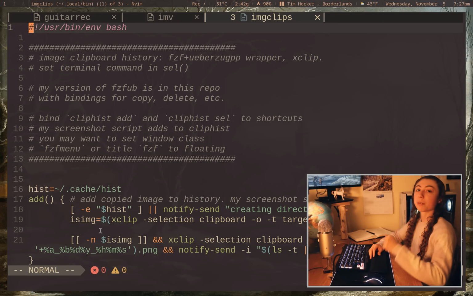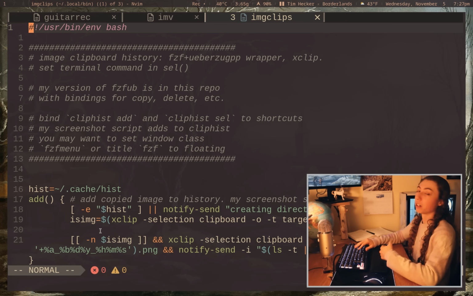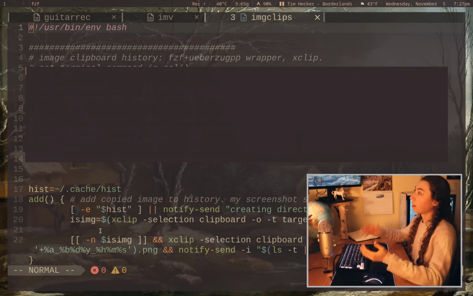the files. Script number 3 is my image clipboard history script, which I promised to go over the last time that I talked about it. I promised I would go over it in depth, and I never did, so I'm finally going to go over